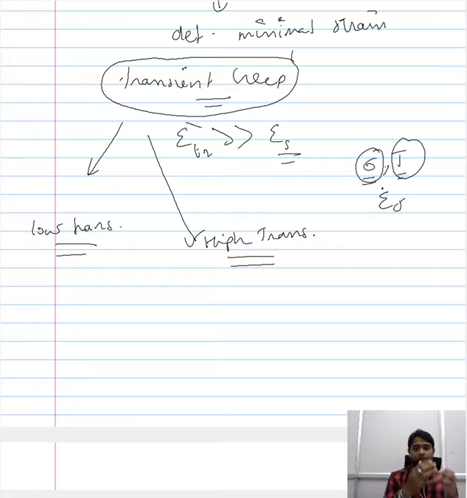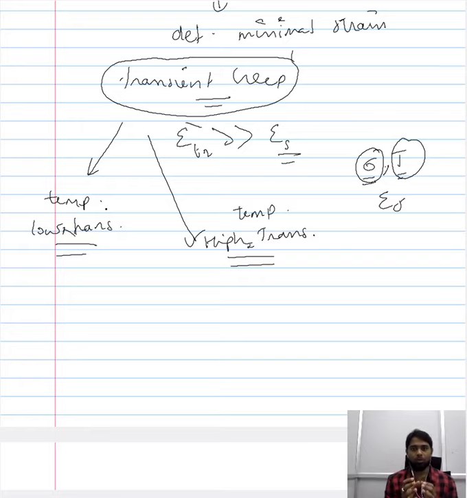If you do the same for the transient creep, then it gives you two different behaviors, and one is referred to as the low temperature transient creep. So this would be low temperature, and this would be high temperature transient creep. Now the reason why the temperature is largely focused here is because, if you could recollect, it is the stress that is largely operational in the transient region. The role of the temperature eventually kicks in, but in the initial stage it is the role of the stress that is active in the transient region.